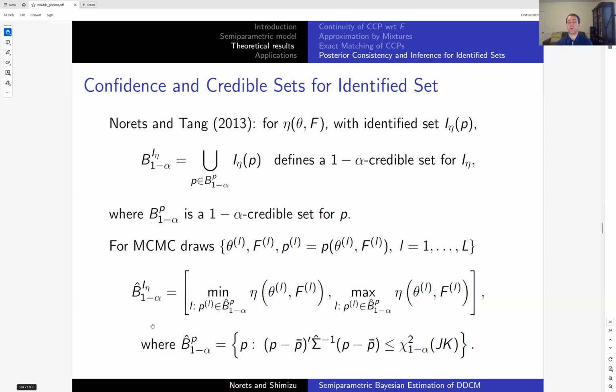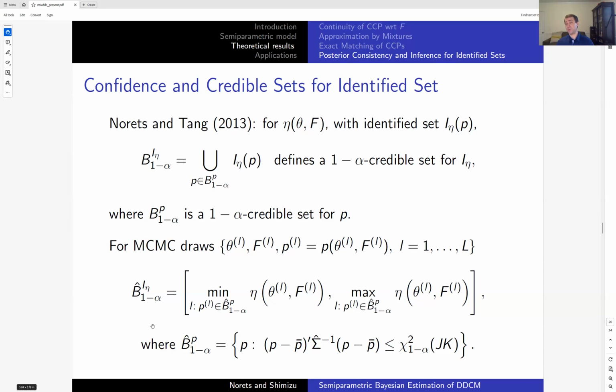In choice probabilities, the likelihood function looks just like a nice multinomial likelihood. So as long as the prior on p is nice, which we show can at least put mass around true values for some class of f naughts,